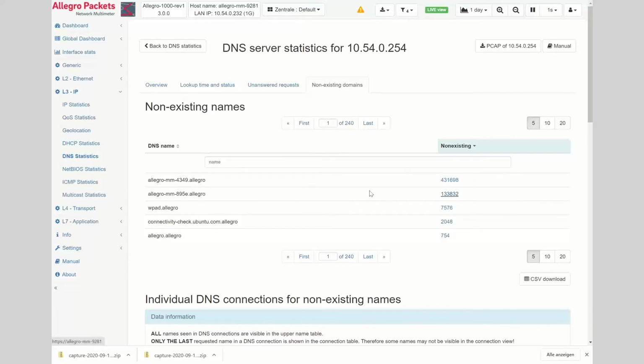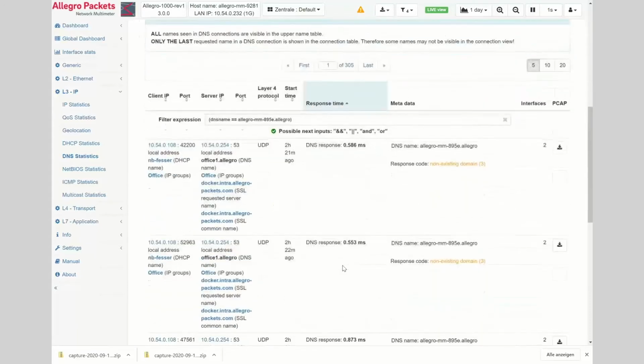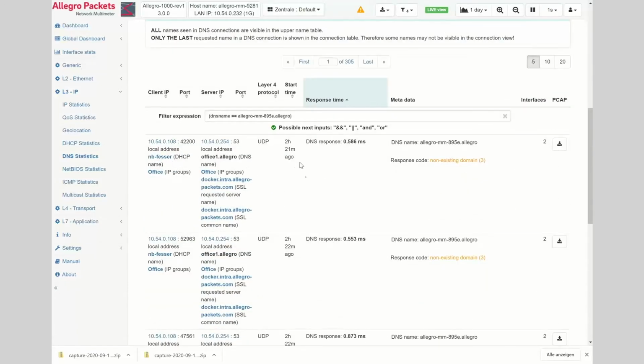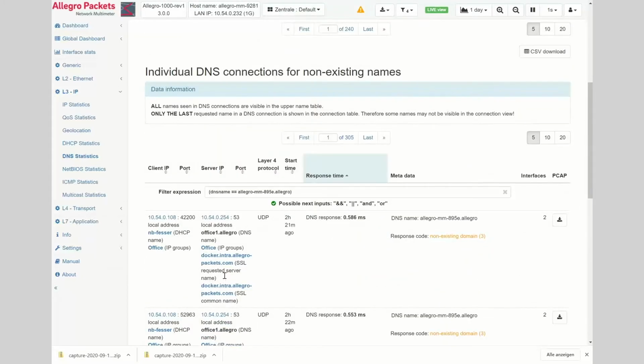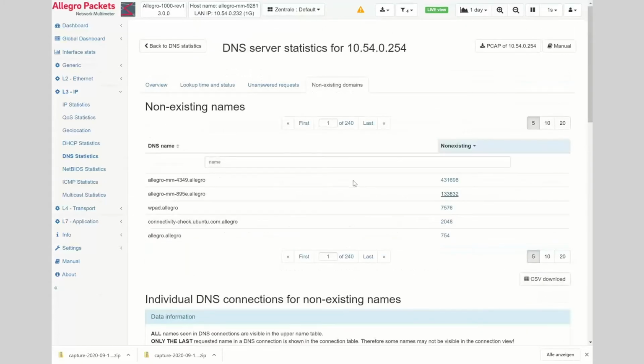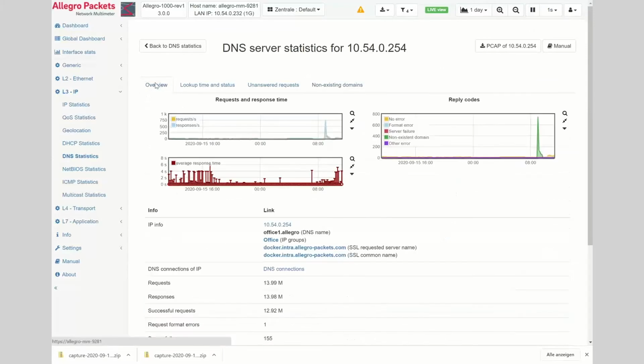So we could look easily here and see, okay, in this case it was a developer who asked for this IP address and so the last request to this DNS name. And so you can go into detail and see which non-existing names are still used. This is very helpful to find outdated servers, not updated inventories, where machines are polling for names which do not exist anymore.